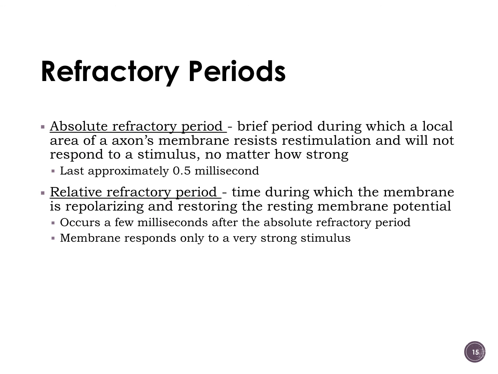So we do need to speak about a couple of things called refractory periods. The absolute refractory period is going to be that brief period during which a local area of the axon's membrane is going to resist restimulation and will not respond to a stimulus, no matter how strong. Now, this period is about half a millisecond. Remember, those channels are only open for about 1 millisecond, so these are very short periods of time. At this absolute refractory period, we are not going to get a response from this neuron, regardless of how strong